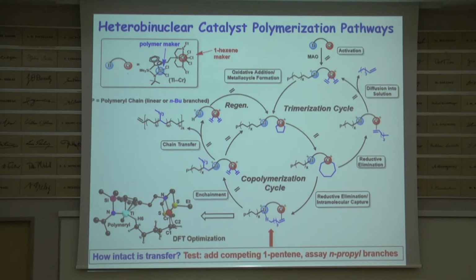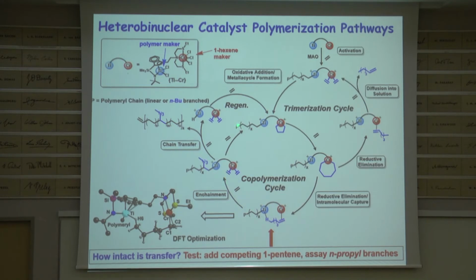And what happens is, and in terms of the sequence, it's hard to say, does the titanium assist the collapse of this metallocycle? But the DFT calculations show species either like this or with the connectivity reversed. So there's an agostic interaction, a weak CH interaction with the electrophile and a pi bonded olefin. And what happens then, we propose, is enchainment. So the one hexene inserts into the titanium carbon bond.